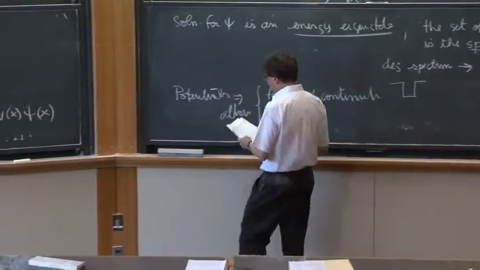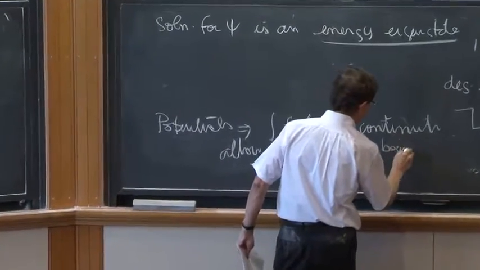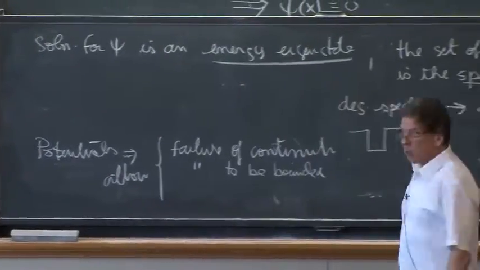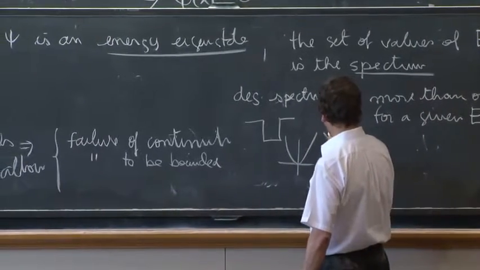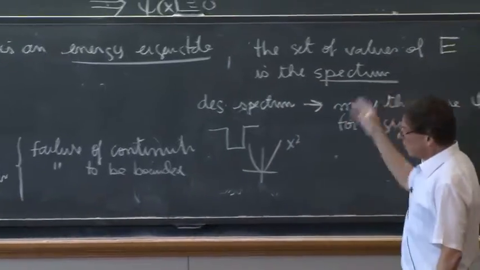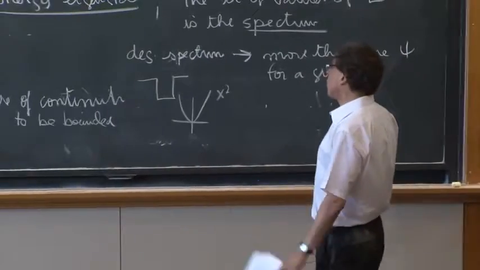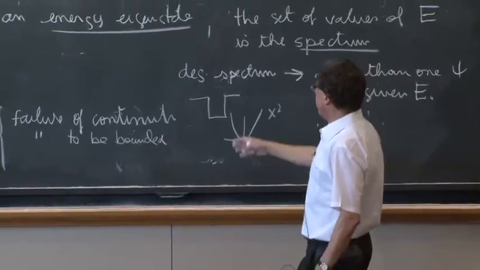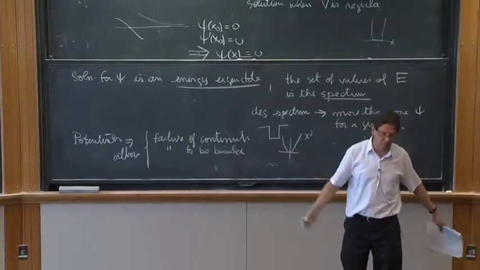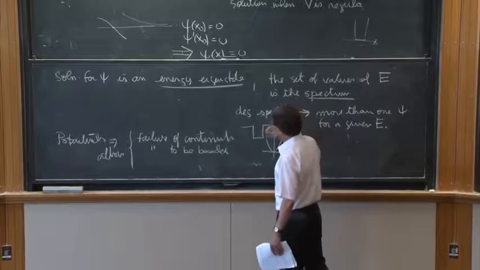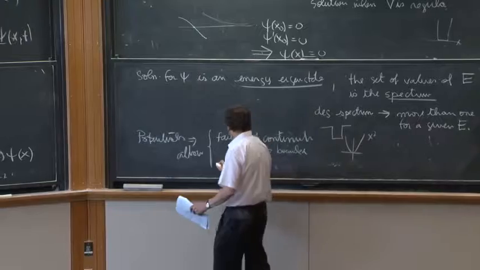You can allow as well failure to be bounded. What is a typical example? The harmonic oscillator, the x squared potential, is not bounded. It goes to infinity. So we can fail to be continuous, at one point, another point, but it shouldn't fail at infinitely many points, presumably. So it's piecewise continuous. It can fail to be bounded, and it can include